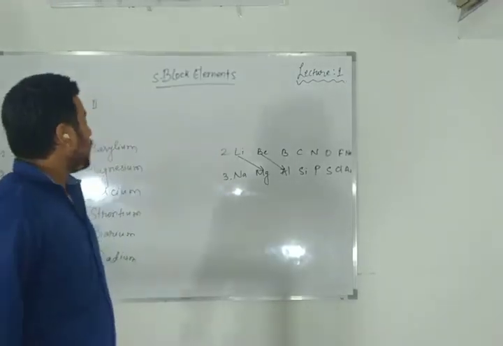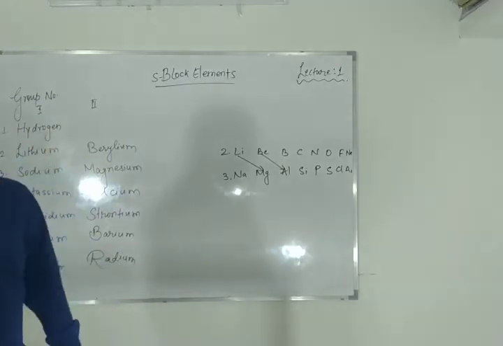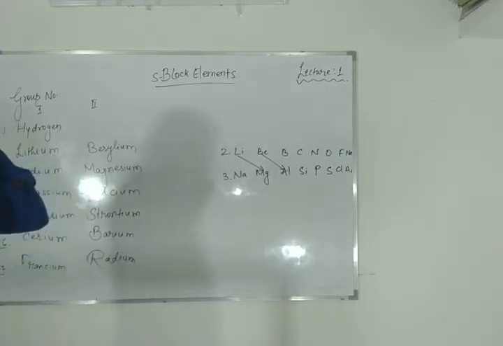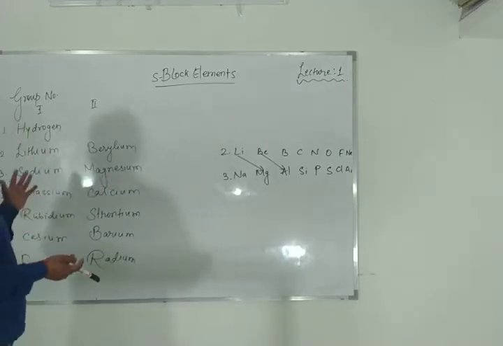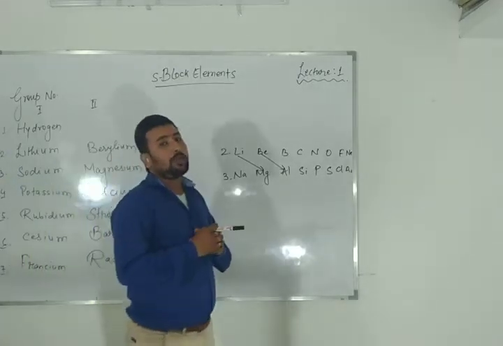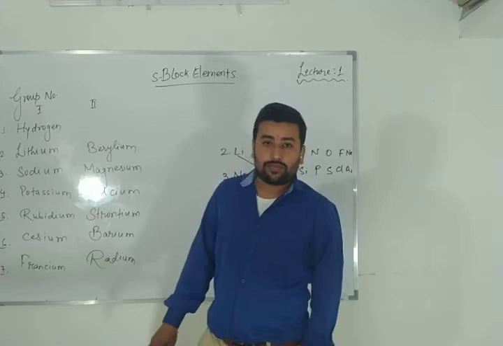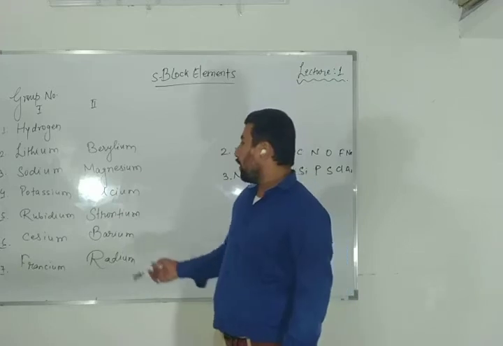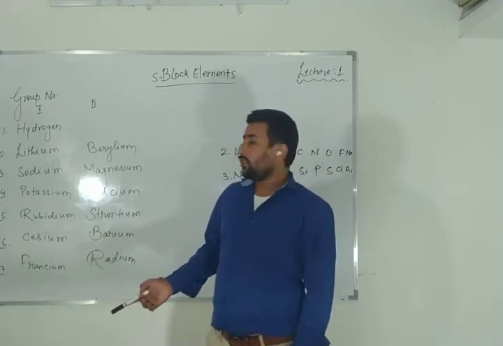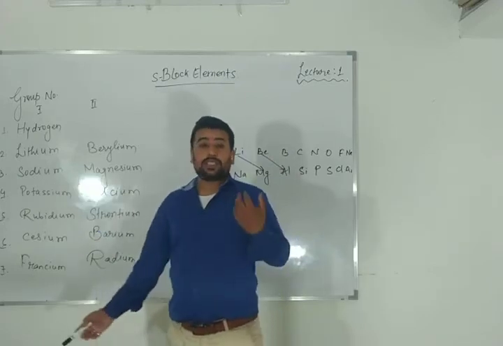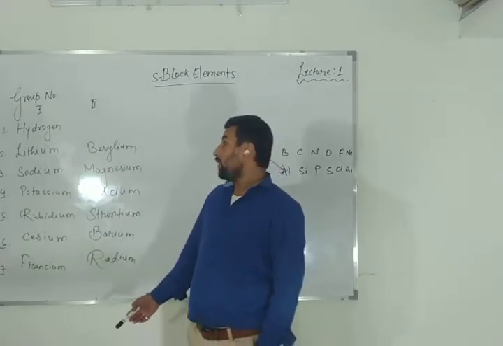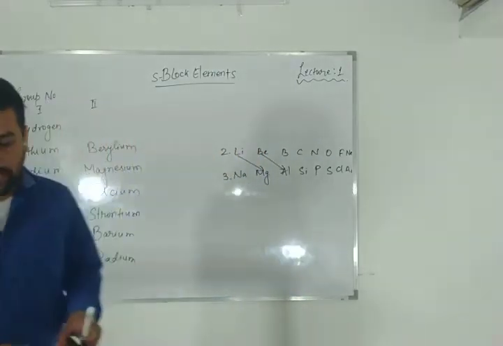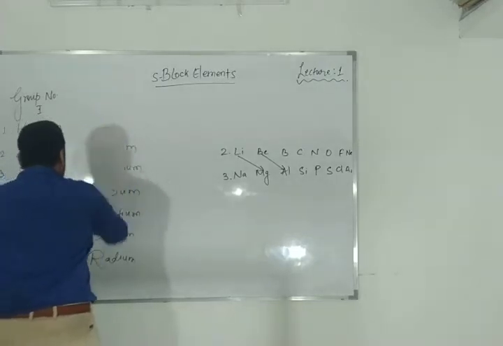First of all, dear student, we will discuss one by one the first group and second group elements, what are the uses, how they are important in which field. As we have discussed, group number 1 and group number 2 are mainly used in the biological fluids, in the form of minerals. Sodium chloride, we are eating salt, right? Potassium, each and every element is present in our body. So in the biological fluid, what is the percentage of these elements, each and everything we are going to discuss. So dear student, first we will study group number 1,